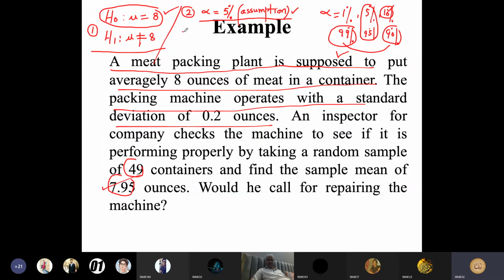थर्ड स्टेप में क्या करें? थर्ड स्टेप में इसका रूल बनाएं, रूल लिखें कि कहाँ एक्सेप्ट करोगे, कहाँ रिजेक्ट करोगे। इसे कहते हो क्रिटिकल रीजन। एक डिसीजन रूल बनाकर रखते हैं कि अपने डिसीजन को एक्सेप्ट करना है या रिजेक्ट करना है। अब जब ये 5% है तो क्रिटिकल रीजन is based on alpha, because alpha is 5%